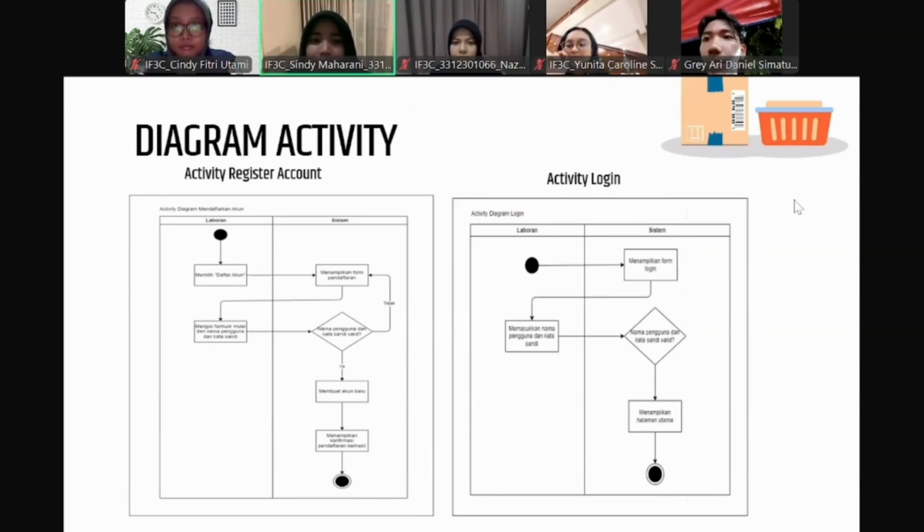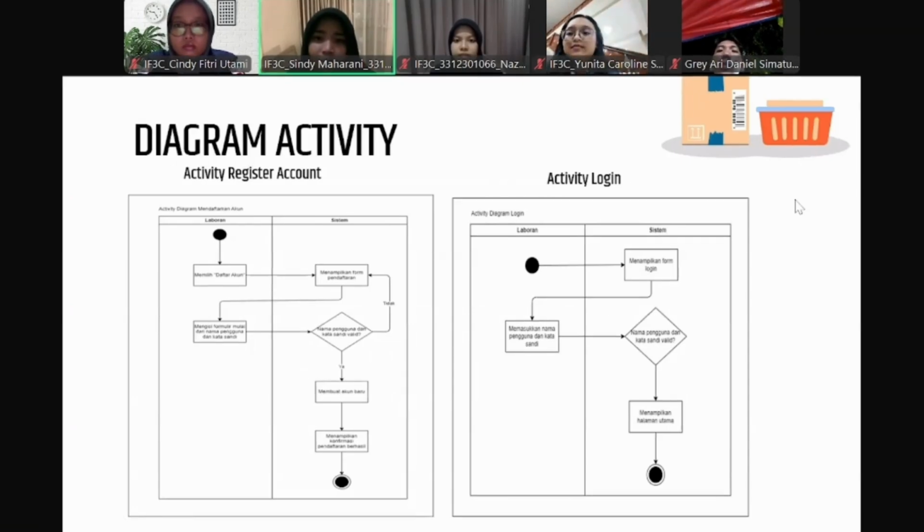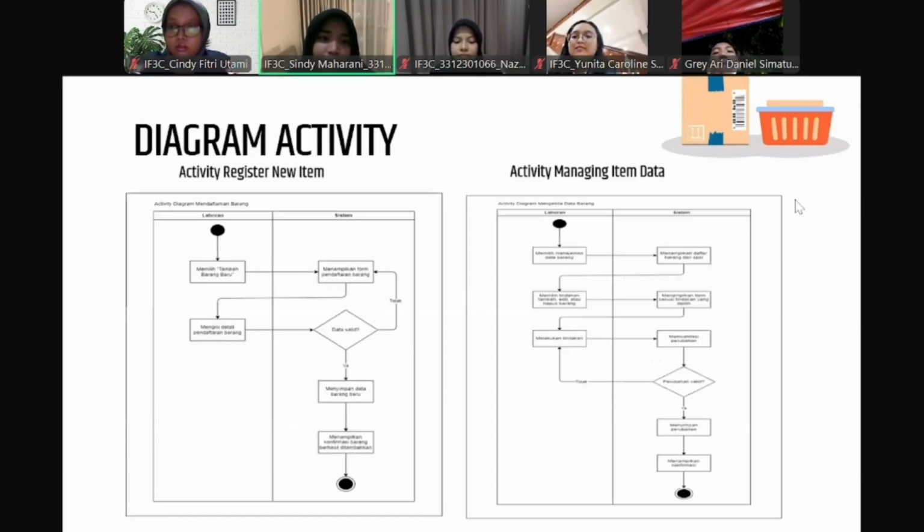Okay, the next is the activity diagram. This activity diagram describes the user's interaction with the system in general. Here are the pictures. The first is activity register account and activity login. Next, activity register new item and activity manage item data. Next,